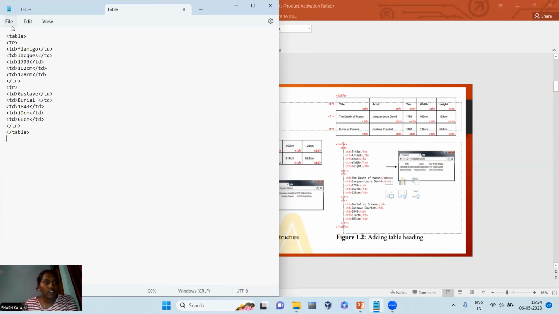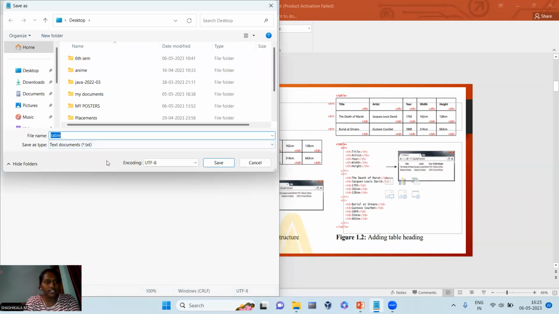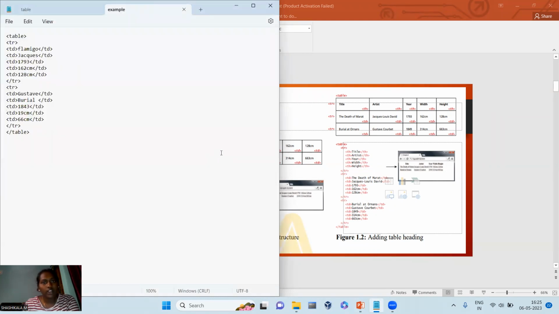Okay. So after typing, we are going to save it as. Let me give an example. We have to save it with the extension HTML. Okay. After saving,